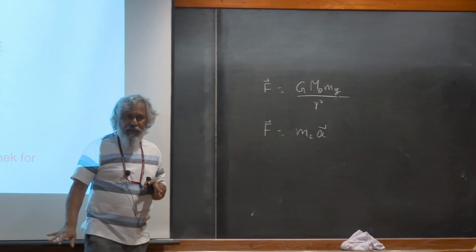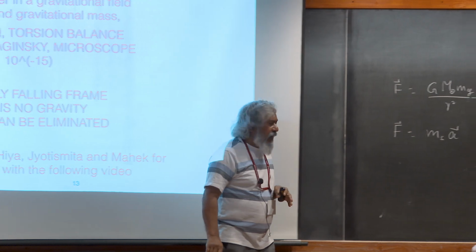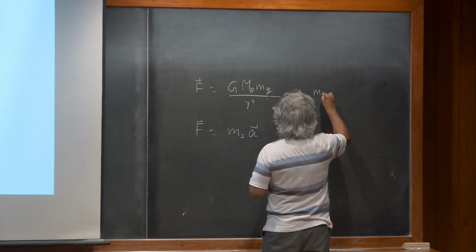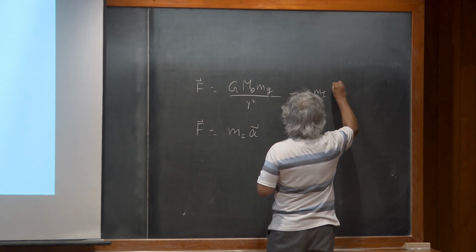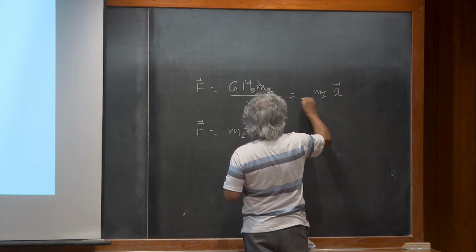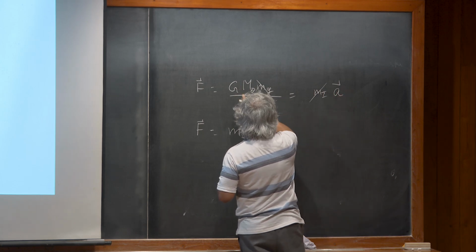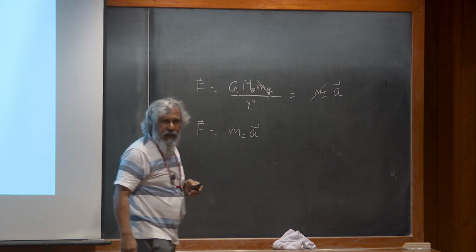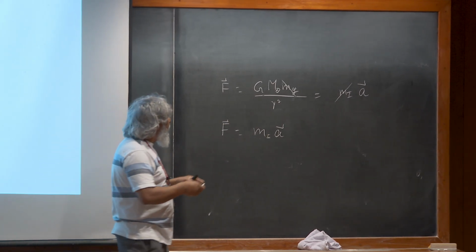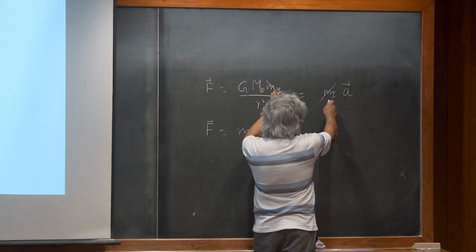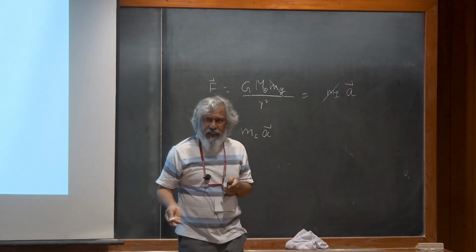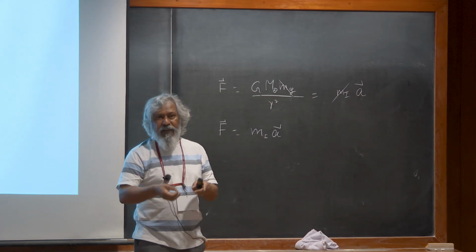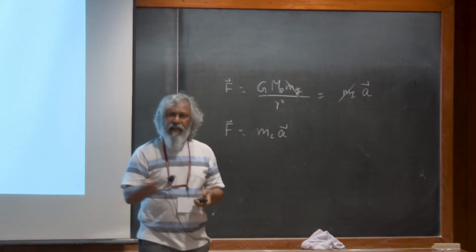In principle, it could have been different. In practice, it is not. The fact that these two are equal to each other means if I write m_g, m_i here times acceleration, I can cancel these two quantities and equate the acceleration to just this quantity, GM upon r squared. Right? So that means that if these two quantities are the same for all bodies, acceleration will be independent of which body it is. Yeah? So that means that the motion of a planet, if I replace Mercury by Venus, it will travel exactly in the same way.